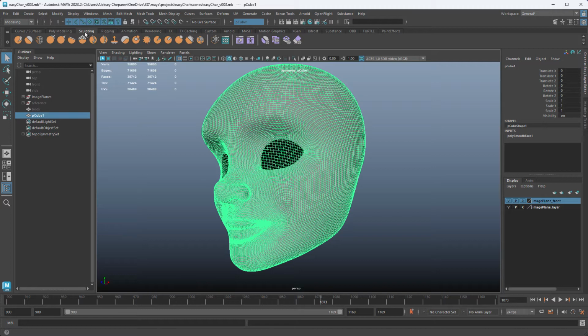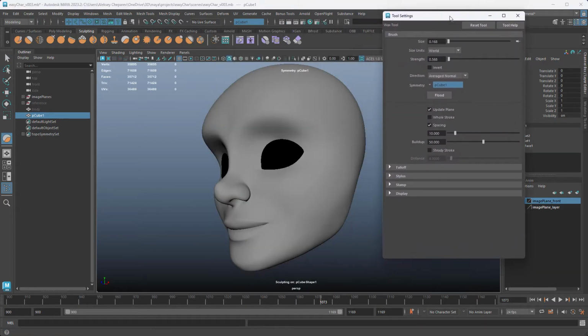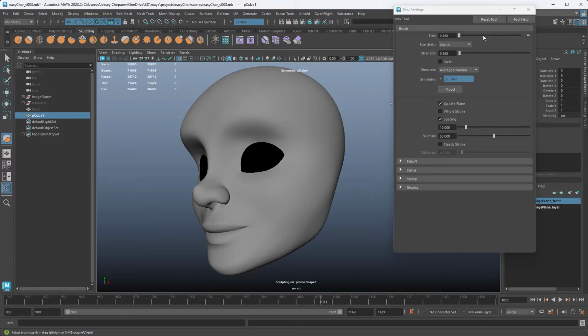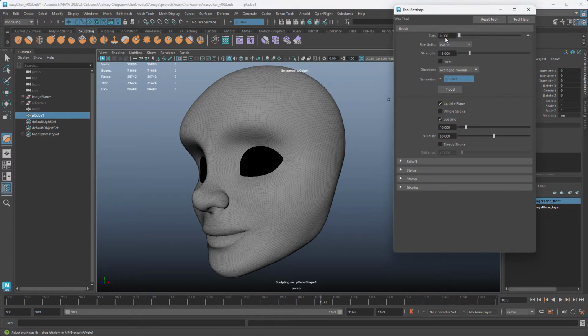With it selected, I'm going to go to the sculpting tab, and I'm going to use this brush. It's called the build up surface brush, and I'm going to use it just the way I would use a wax brush in ZBrush. And I'm going to reset it to show you my settings. So this is the way I like to do it. First, I set the size to 0, and I set the strength to 0.